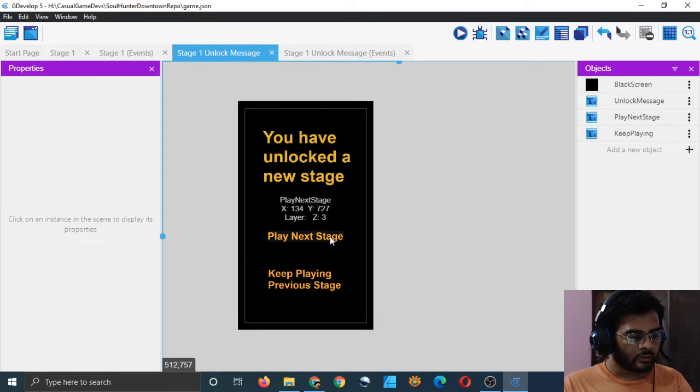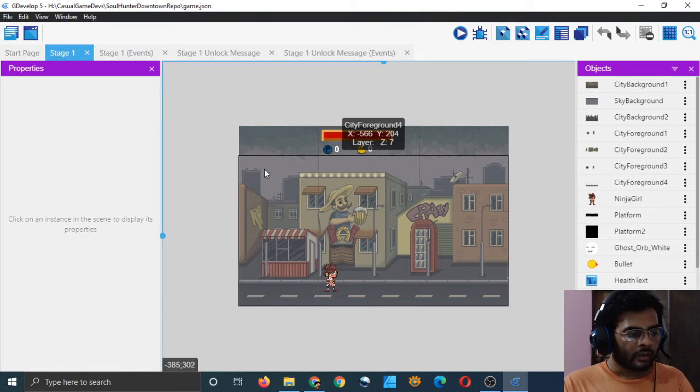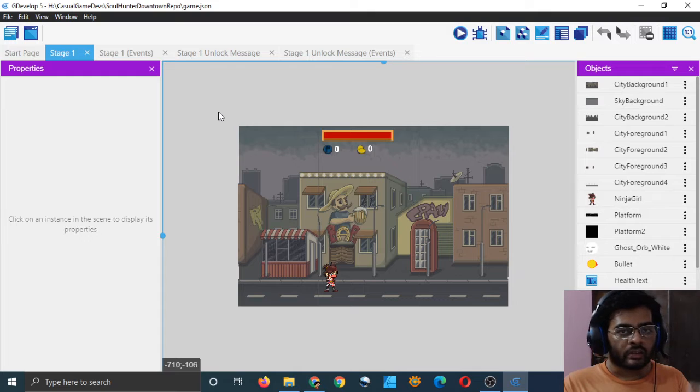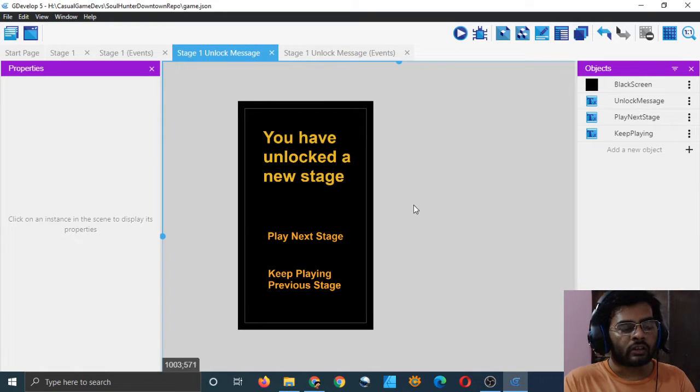When we unlock a new stage, this message will pop up. When we are playing stage 1 and we reach the point threshold, then our new stage will be unlocked. Then we will see a message that you have unlocked a new stage, right? And then we can choose whether to play the next stage or to keep playing previous stage.